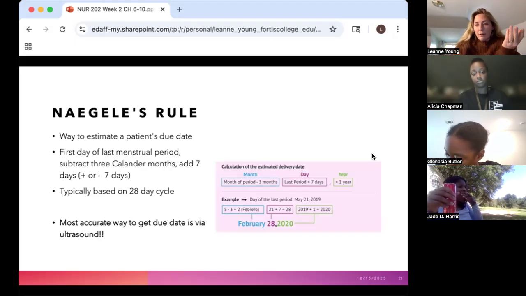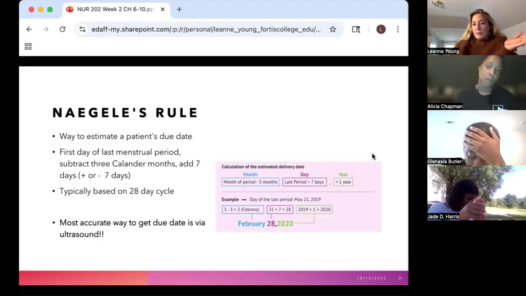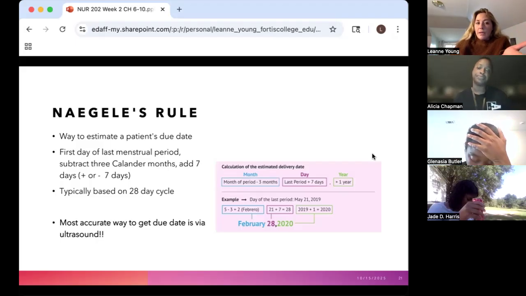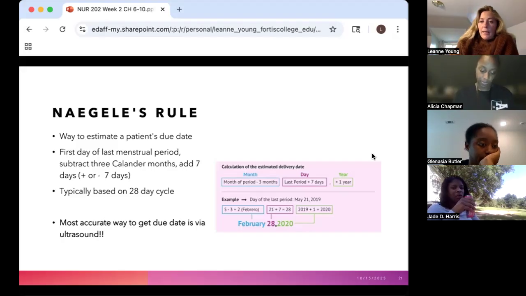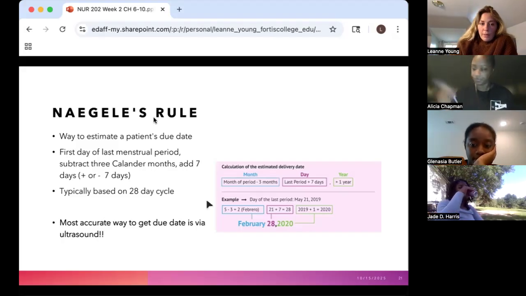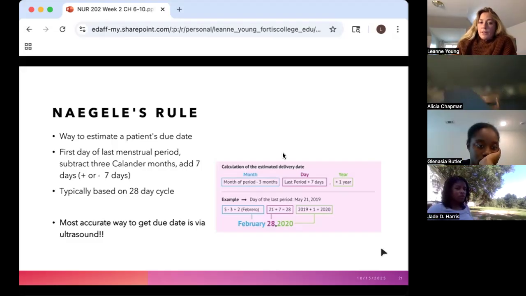But if you're triaging a patient over the phone and they tell you, oh, the first day of my last menstrual period was this, then you can use Naegele's rule to calculate that. So definitely know this. You guys are going to want to know how to calculate a due date with this rule. Okay. But always remember that the most accurate way to get a due date is